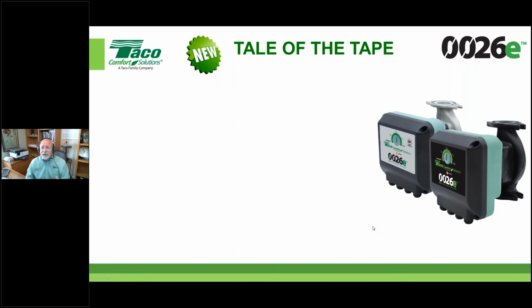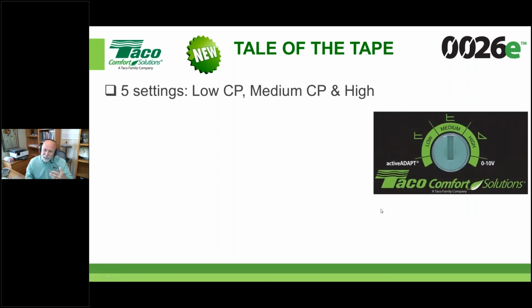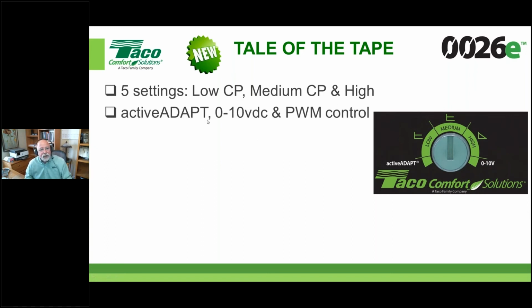The 0026C is kind of a tweener, I'll call it, in between some things. But let's just point out what it's doing. It has 5 settings. We got a low constant pressure, medium constant pressure, and a high speed. We also got the active adapt. There's that adaptable automatic mode as well. 0 to 10 by a third party, or pulse width modulation by a third party as well. We have all that available on a simple little dial that's real easy to interpret and easy to set up